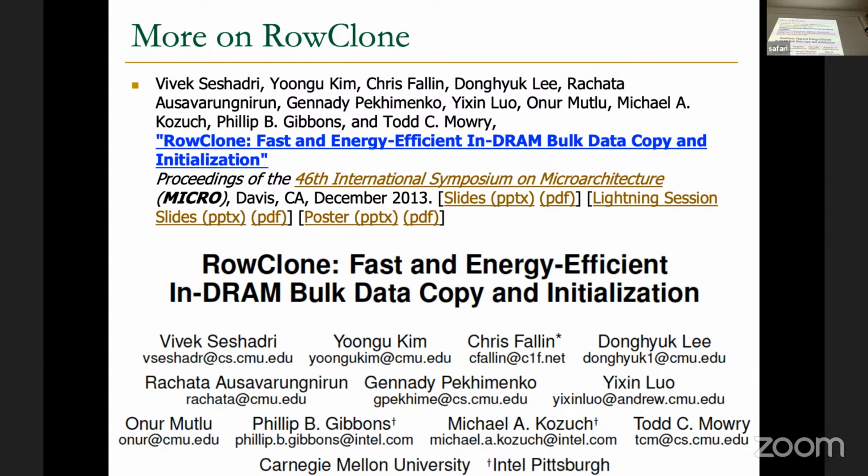Of course, there are challenges that would need to be solved before making something like RowClone ubiquitous in real systems, because in computing systems we use virtual memory, so we need a memory address translation from virtual memory pages to physical pages, and the way that data is mapped onto memory is done in a specific way that we may not know. Maybe it's even hidden by the DRAM vendors,